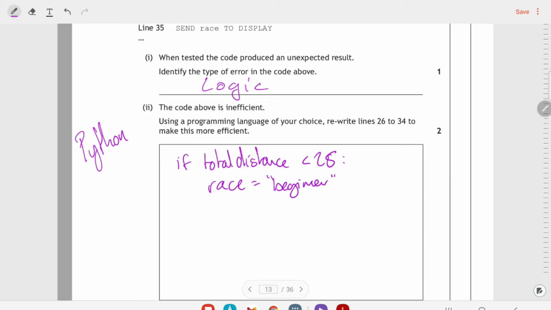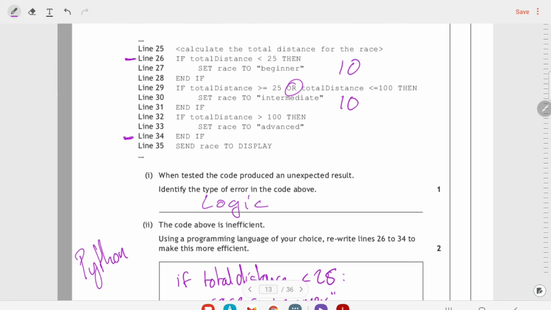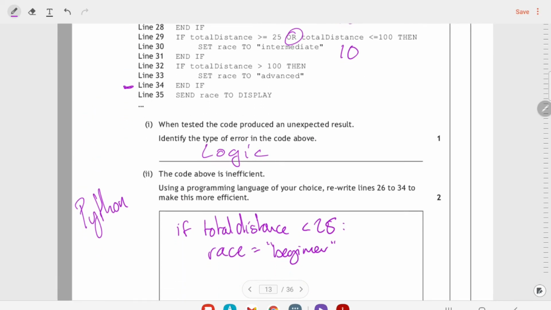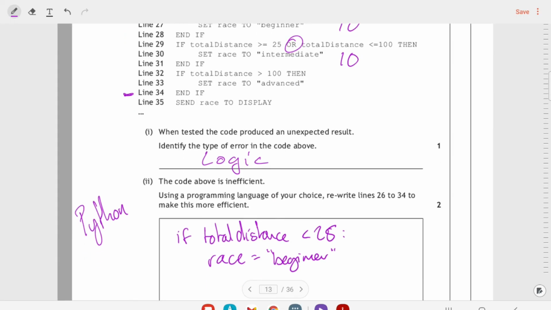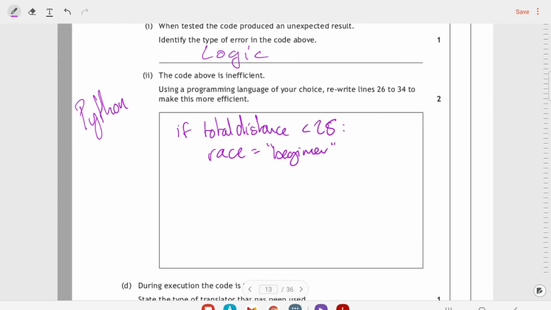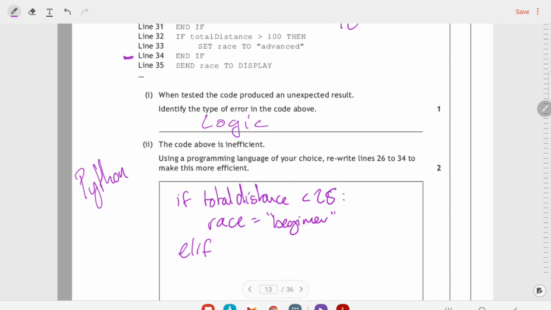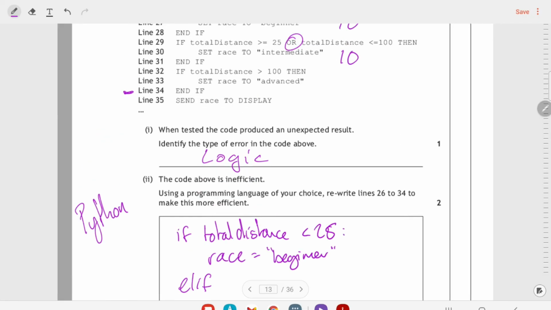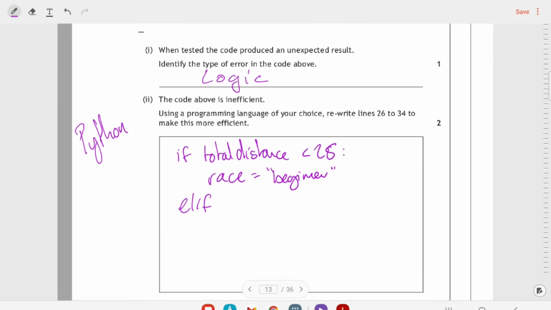Now we're going speech marks. Now I might run out of space here just when I'm doing it with the stylus, so I might not put the set race part in every one of these if statements. Instead of having a separate if, I'd have elif. If your programming language is VB rather than Python, then it would be else if, but it's going to do the same job. So elif, the total distance